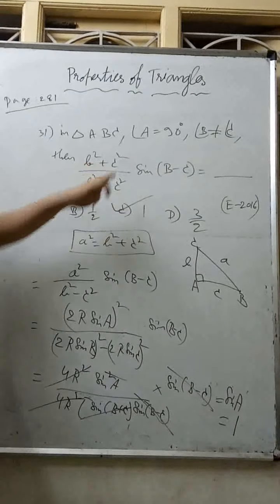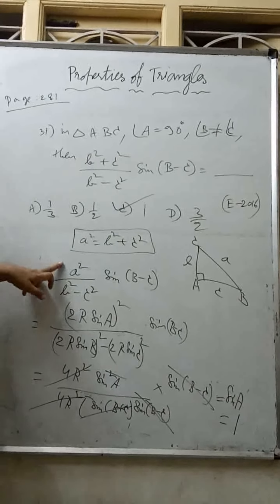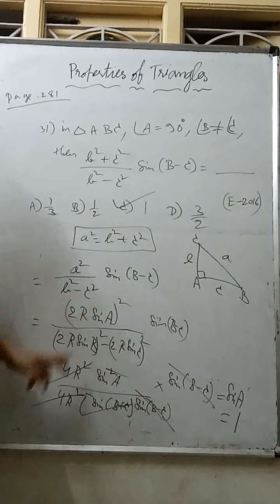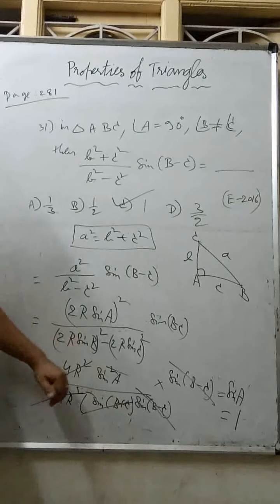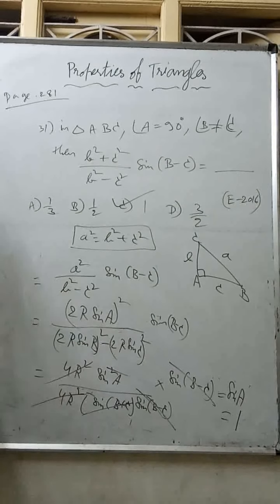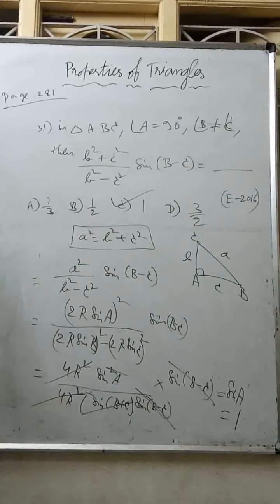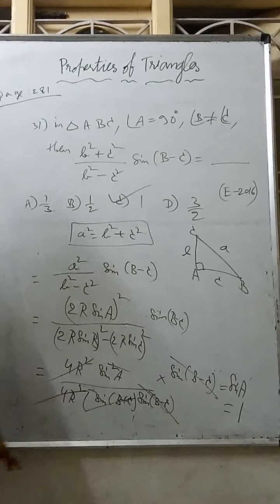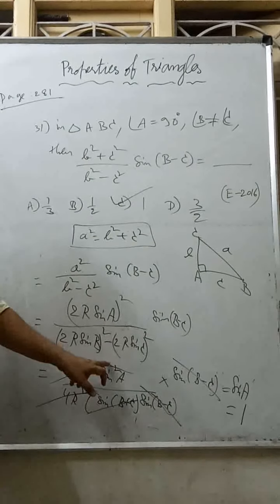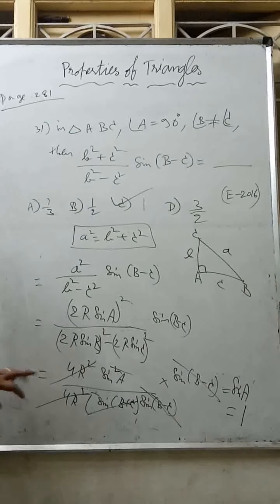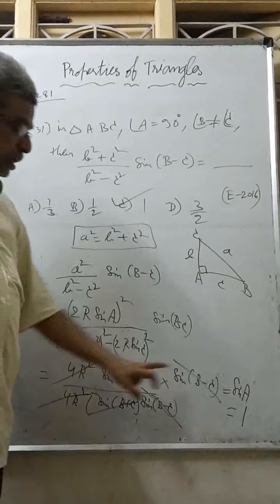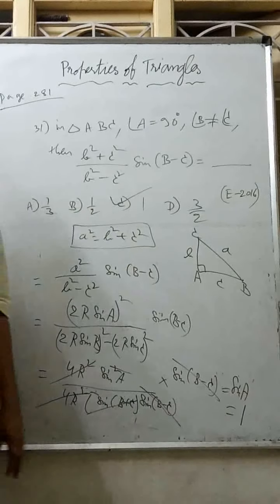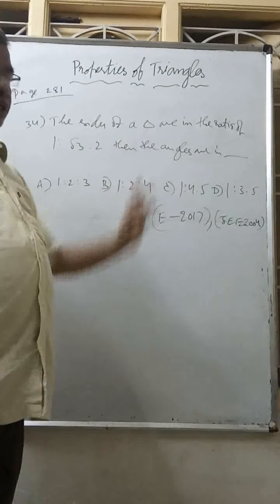So I am writing, instead of B square plus C square, A square. Now A is 2r sin A, B is 2r sin B, C is 2r sin C, and substituting. Now square: 4r square sin square A. If I take 4r square common, this is sin square B minus sin square C, means sin of B plus C into sin of B minus C, I am writing by formula method. And sin B minus C gets cancelled. B plus C is 180 minus A, sin 180 minus A is sin A itself. So the sin B plus C cancelling, 4r square cancels, left out is only sin A. Sin A is 90 degrees, sin 90 is 1. So our option is...